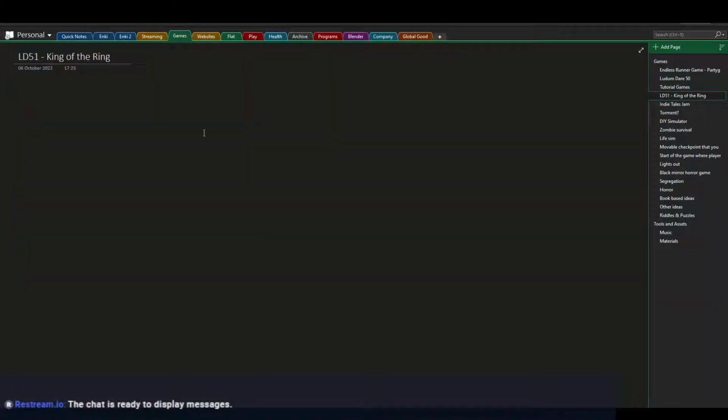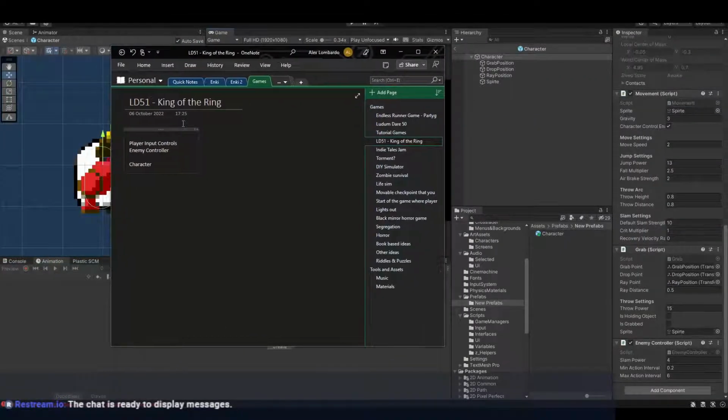Right, so we want a generic character that on top of it, on the game object, we either attach the player input controls, or the enemy AI controller. It's not really an AI. Let's just call it controller. That's what I can type today. So that will be insert. And then on the character,